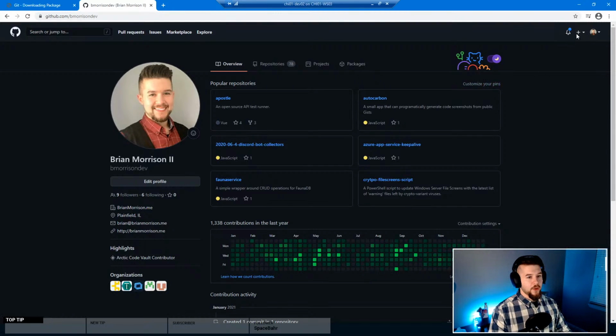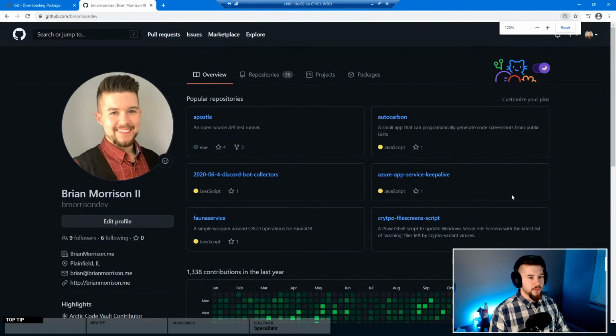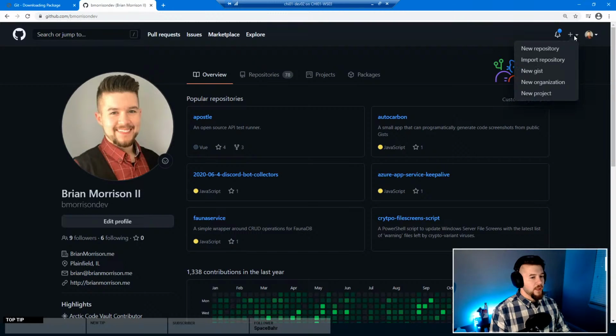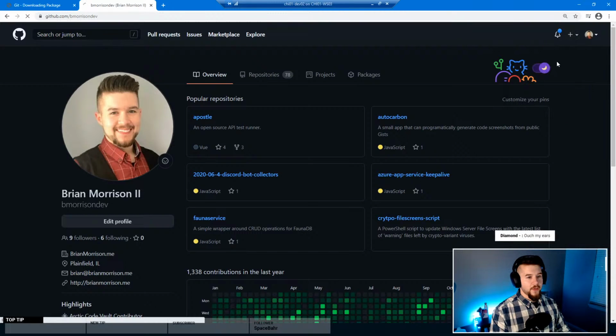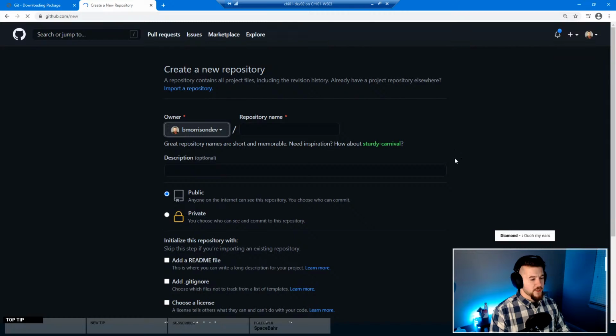And then in the upper right-hand corner, you can see there's this little plus icon. If you click on that, actually I'm going to zoom in here a little bit just to make it a little easier to see. If you click on that and go to New Repository, you'll be presented with a form like this. And I already have a name for the repository. The name is very important because this is what you're going to use to be able to pull code down